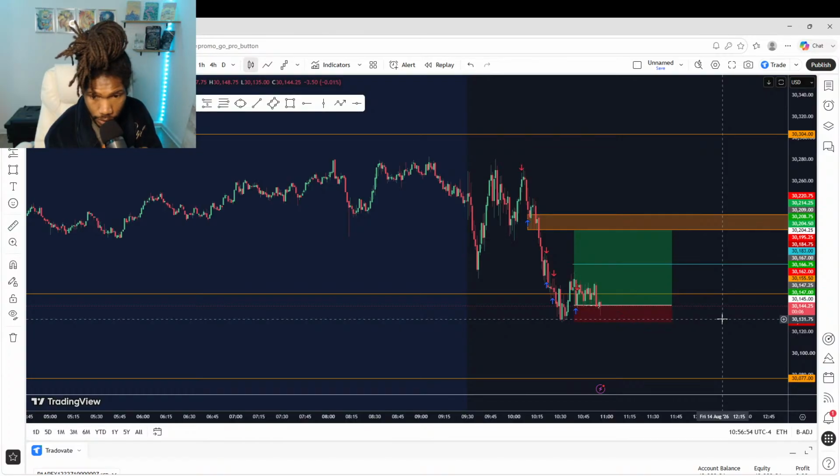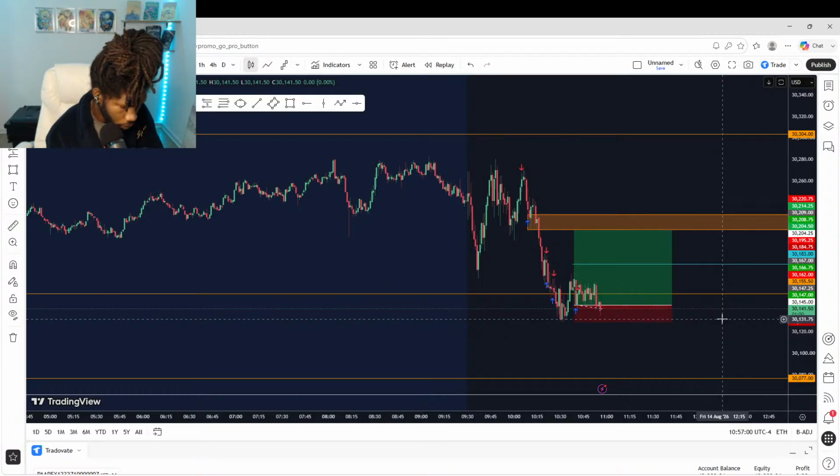I like this wick action though. This candle's closing in one. You know, are the market makers gonna push price further down, take out this low, or are they gonna do the midday reversal? Well, it's not midday yet, but